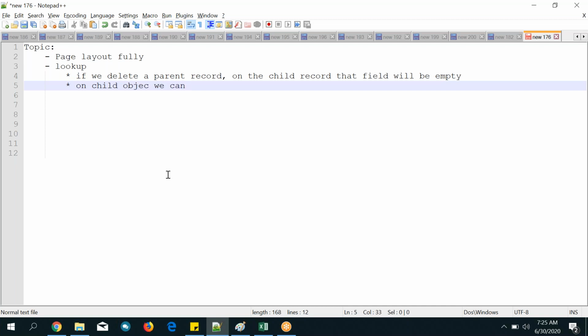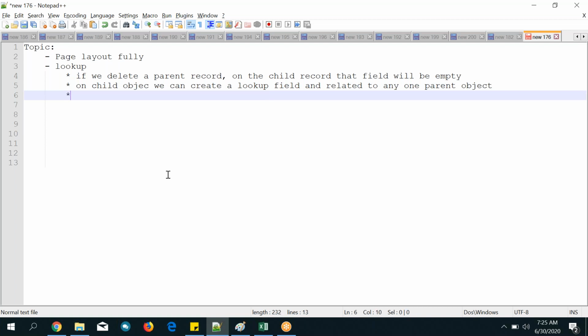You need to fill the values, otherwise you will get empty, Pallavi. On the child object, we can create a lookup field and relate it to any one parent object. So here the concept is one parent and many child records.